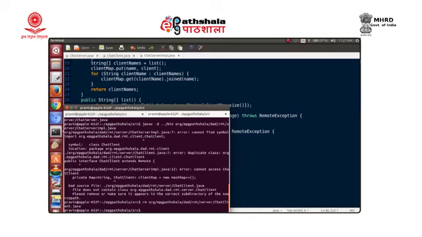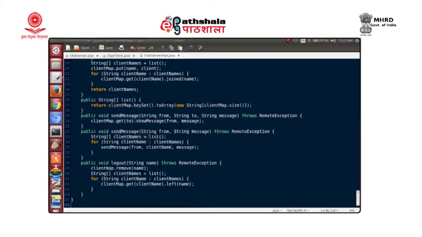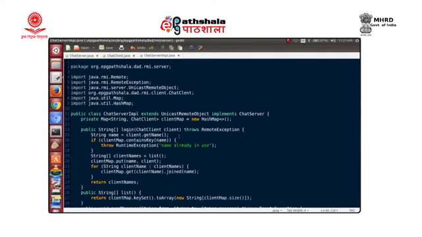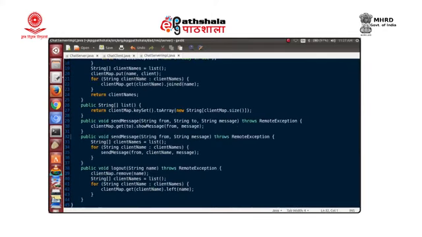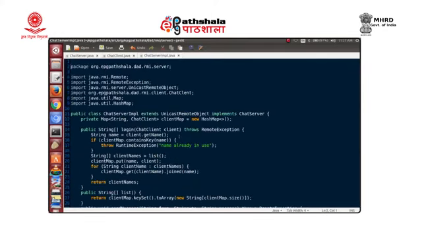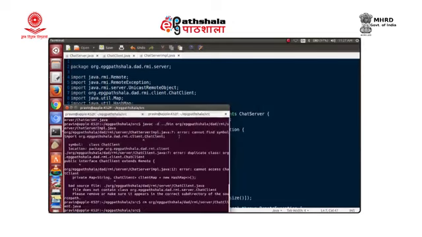The spelling mistake was in the chat server implementation. So let us see where is the error. Yeah, the spelling mistake was in the import. So here, let us compile now.